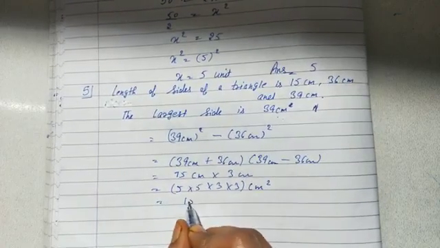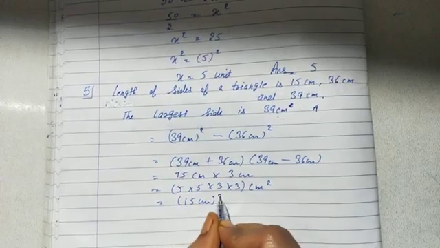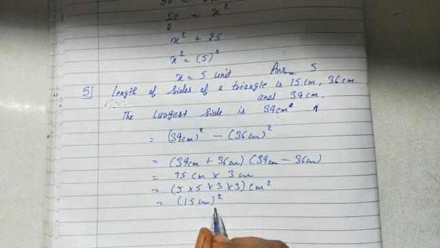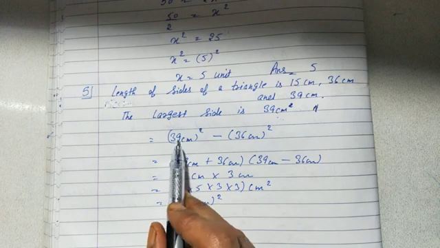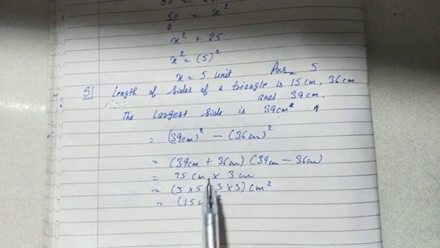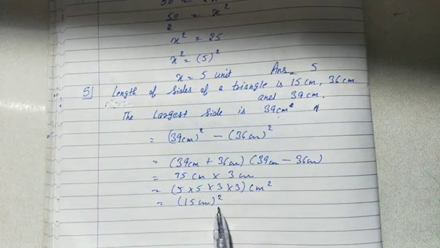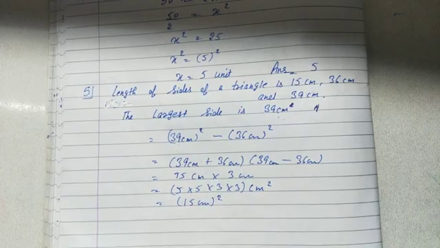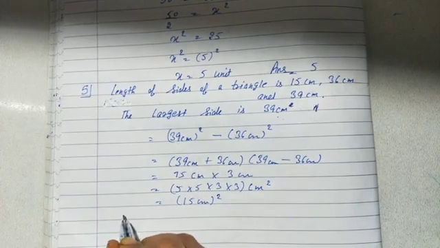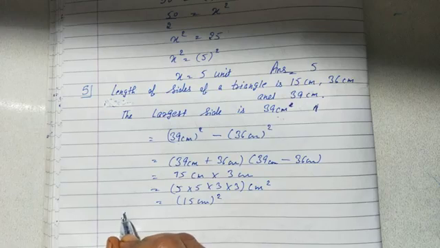It can be written as 15 centimeter square, and 15 centimeter is the third side. Now you can see the difference of these two squares is equal to the square of the third side. So the above triangle is a right angle triangle, by converse of Pythagoras theorem,